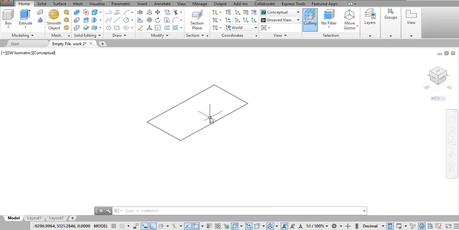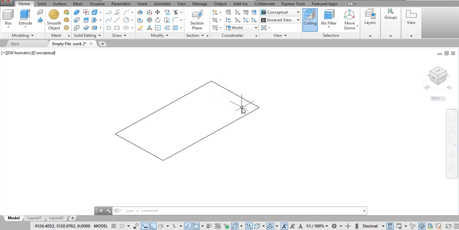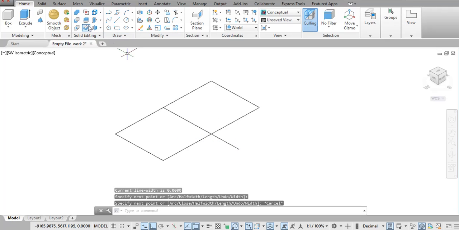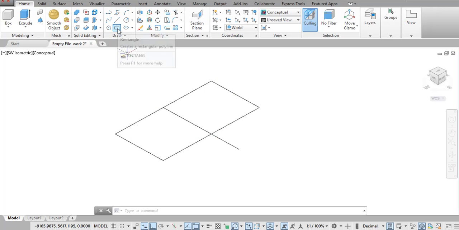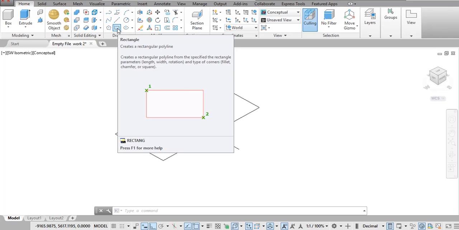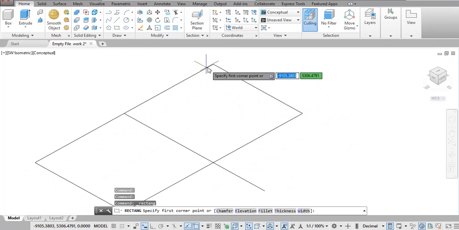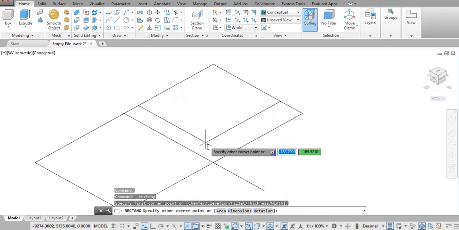Now we want to make a hollow block. So how do we go about it? Let's assume that the thickness of the wallings of the hollow is 25 mm. So what do we do? We can still pick our polyline, look for the center line, draw across, then we still use our polyline, or if possible we can use our rectangle. Let's use rectangle at this moment. We'll click our rectangle,